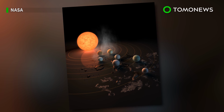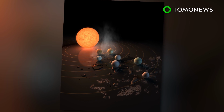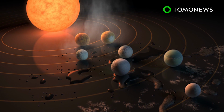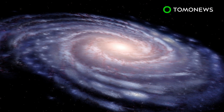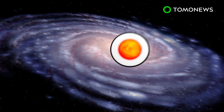NASA finds star system with 7 Earth-like planets. NASA this week unveiled a major discovery of a star system that contains 7 planets similar to Earth. What's exciting is that 3 of them might just be habitable enough to support extraterrestrial life. Using the Spitzer Space Telescope and Earth-based telescopes, NASA scientists have found a star system called TRAPPIST-1, located 40 light-years